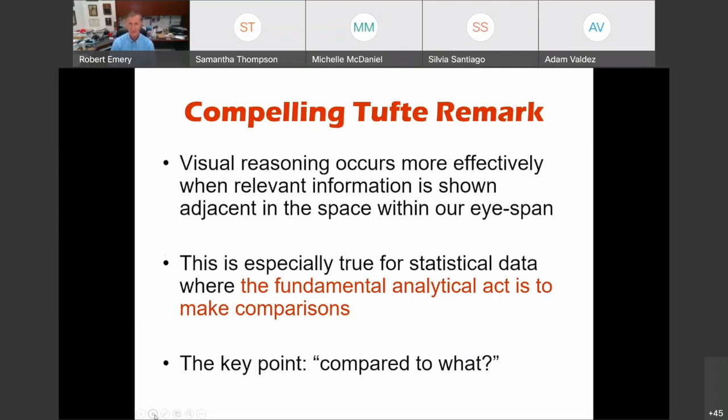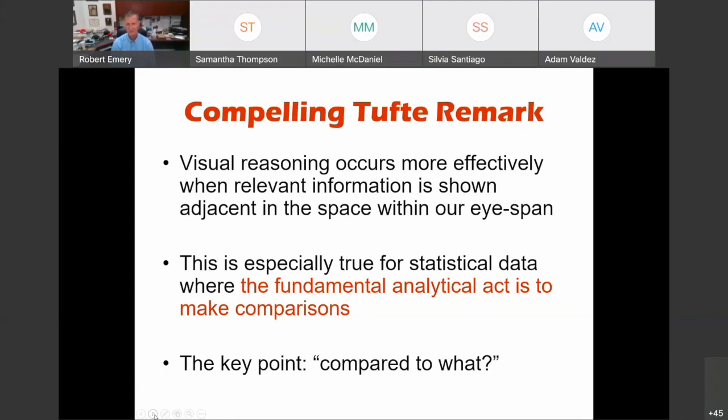So some really interesting remarks from Dr. Tufte, that visual reasoning occurs more effectively when relevant information is shown adjacent in our eye span. In other words, we want to show the number of health and safety staff has stayed flat over time, but right next to it is a graph that shows the size of the campus has grown. I'll show you some really powerful examples of that.